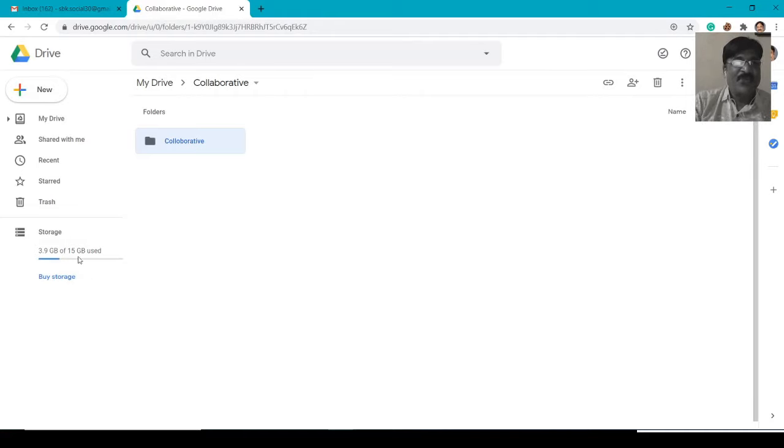Now remember that Google provides 15 GB of data free. So use it wisely, and with Google Drive you are able to do collaborative work very well, and you don't need to create multiple copies of the file that we usually do on the desktop. And these files or folders can be accessed from any device. It may be a tablet, or a mobile, or a laptop, or any other device, and from any location. So that is the basic advantage of Google Drive.